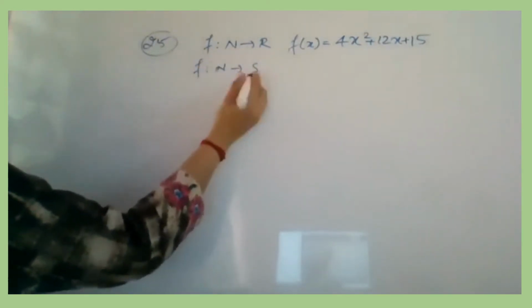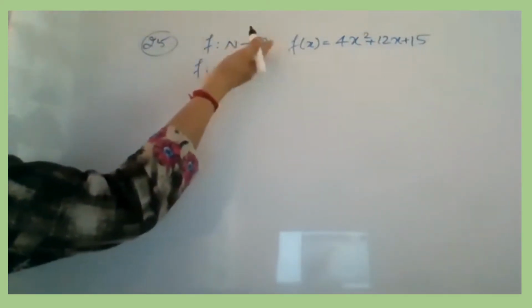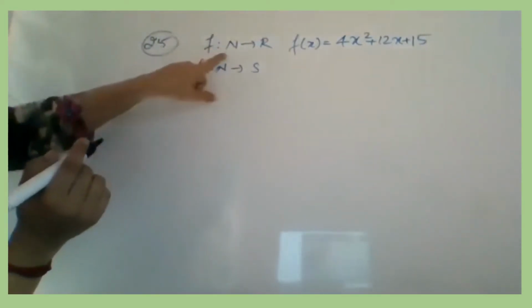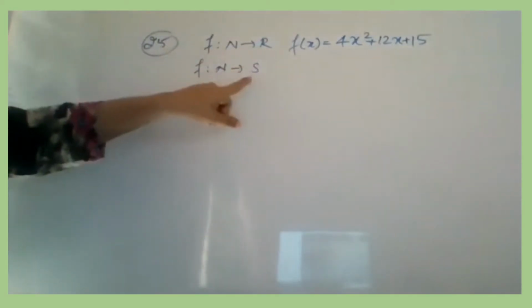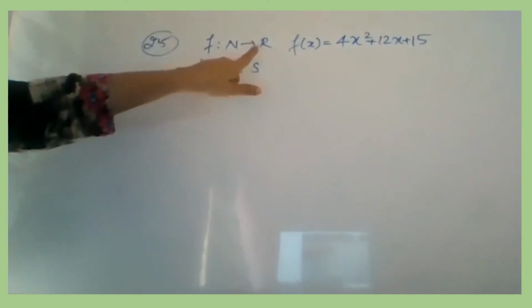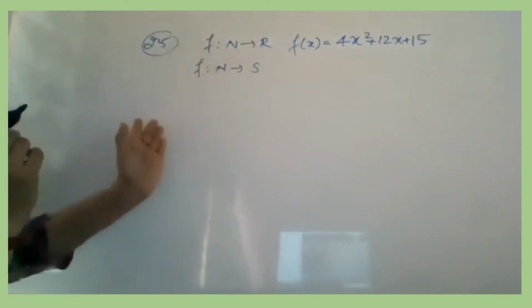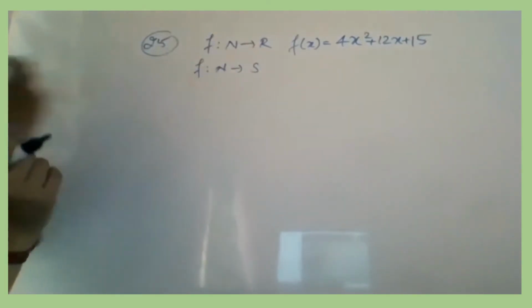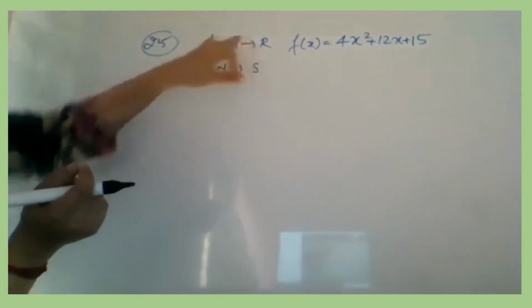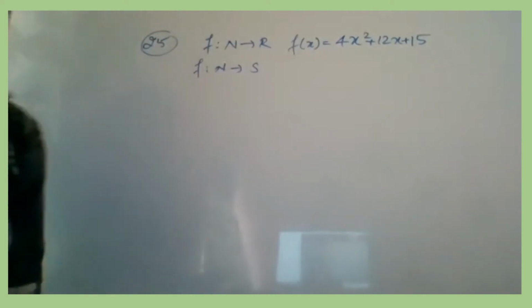Now why they have taken as s means from r आपको सारे elements यहाँ n में नहीं मिलेंगे according to the definition. So they have restricted, actually s is a subset of r करके लिया है. So that you are able to define the inverse of f. S to n define करना पड़ेगा. You cannot define from r to n. That's why. ठीक है? So f from n to s. Let's take this one.